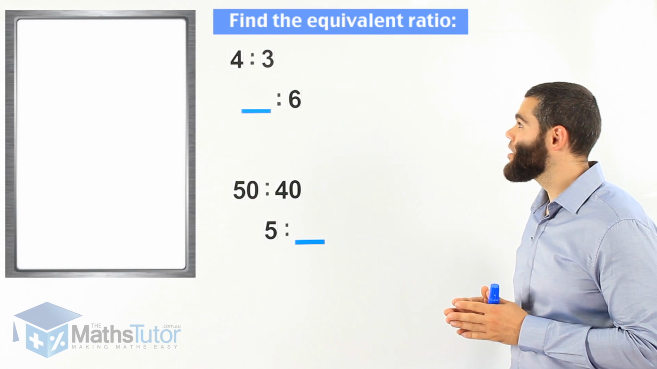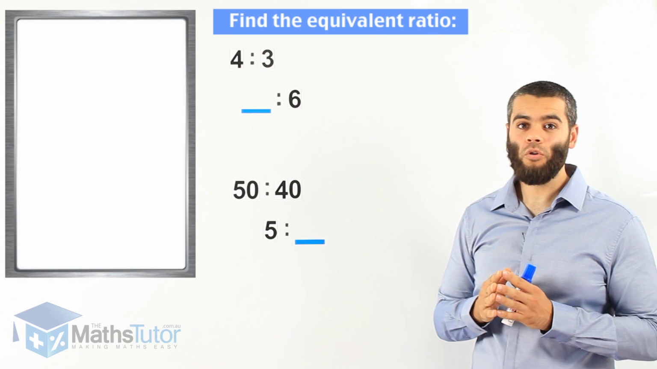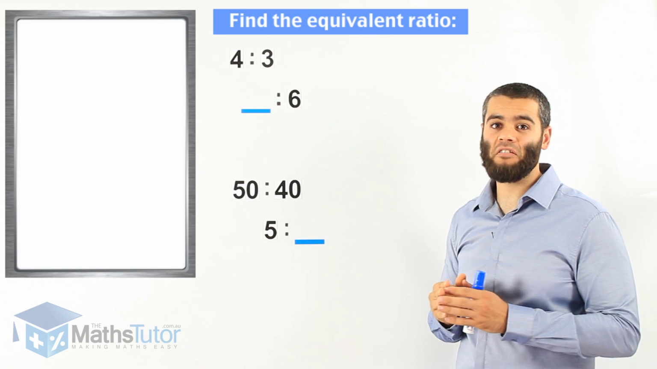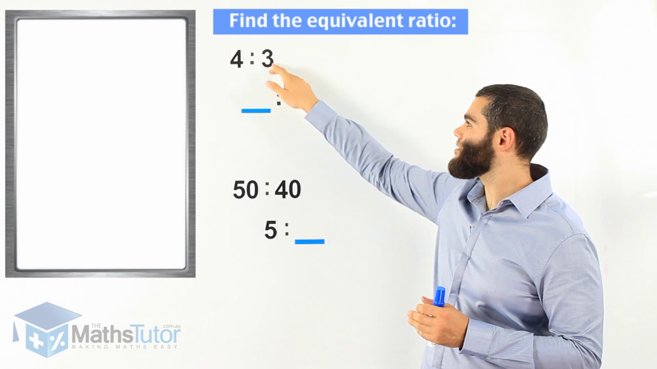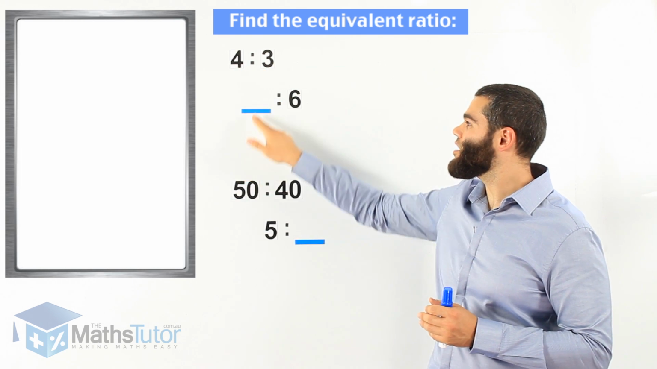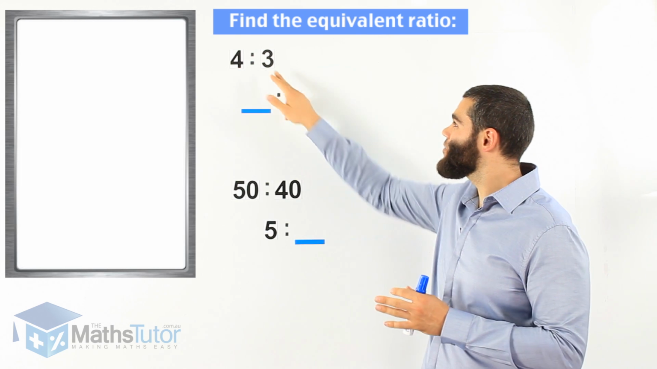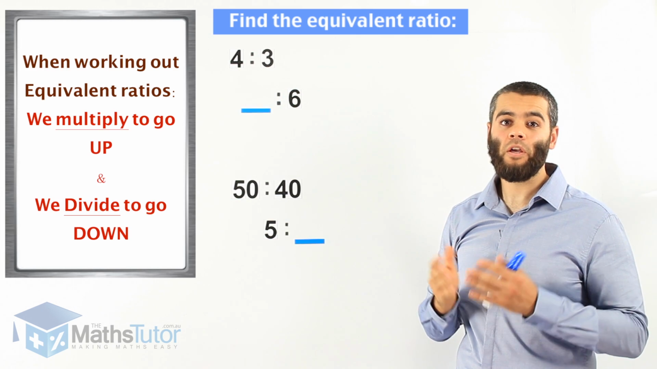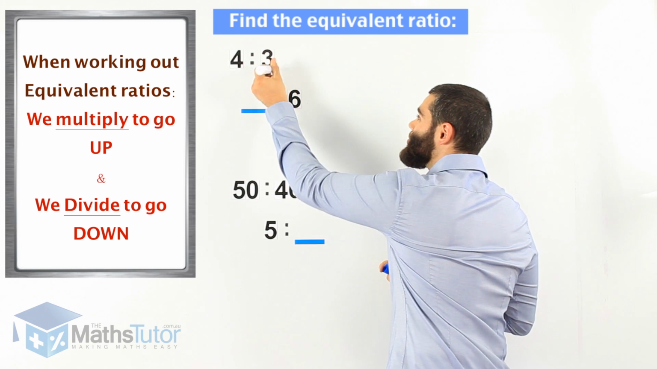First example, it says 4 to 3. We want to know what is the equivalent ratio something to 6. This is our first and this is our second. 4 to 3 is something to 6. We ask, how did we get from 3 to 6? We know it went up, so we multiply by 2. 3 times 2